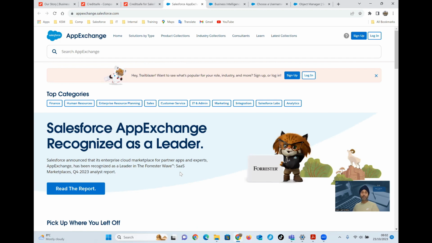But why do we need an AppExchange product? As I said, the use case, the sales team. If I am integrating APIs with third parties to retrieve the credit score, it takes time. You need a developer in the business, you need a team in the business, because you need a life cycle of project management or a DevOps team to do the build for end-to-end implementation of the API to retrieve that data from the internet to Salesforce. To avoid these situations, as a consultant, I go out and look for AppExchange products,